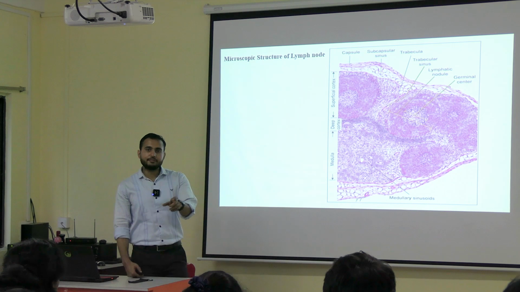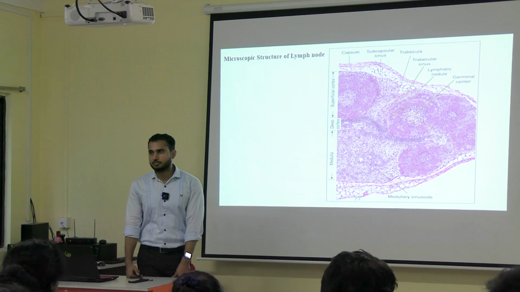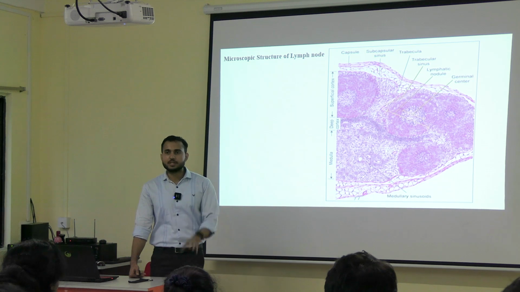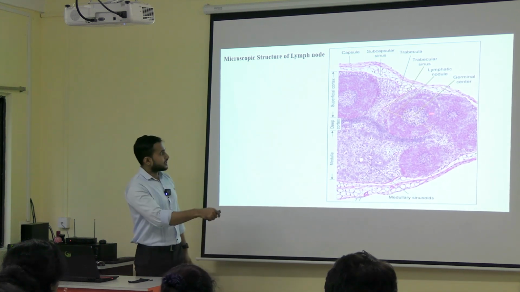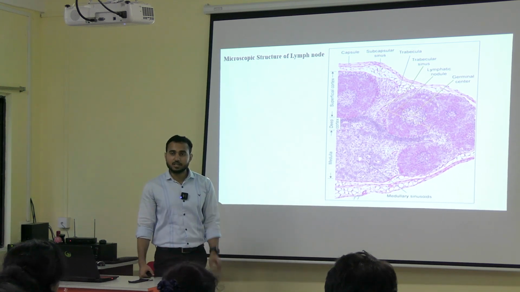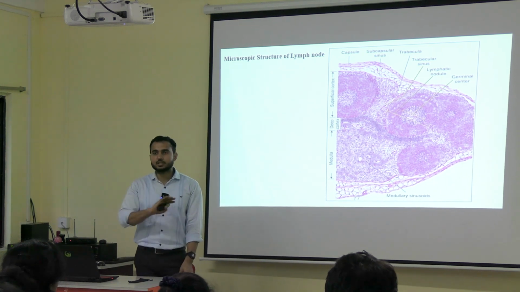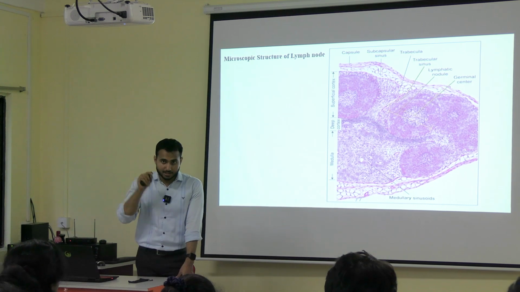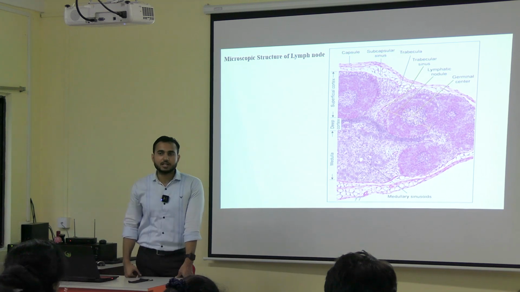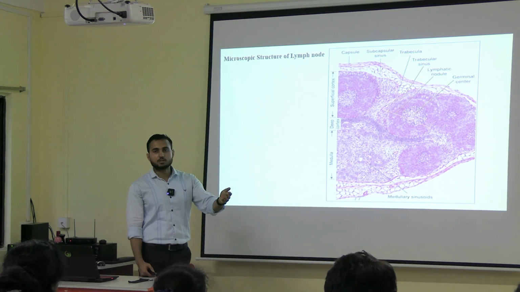ठीक है. Now in the lymphatic nodule, there may be presence of a germinal center, or there may not. It depends. If it is exposed to any antigen, then a germinal center will be there. So here you can see the germinal center is present. If a germinal center is present, the appearance is different. If there is no germinal center, it is darkly stained. If there is a germinal center, the central part is lightly stained and the peripheral part will be darkly stained, as you can see over here. ठीक है. So that is the cortex, the outer cortex.